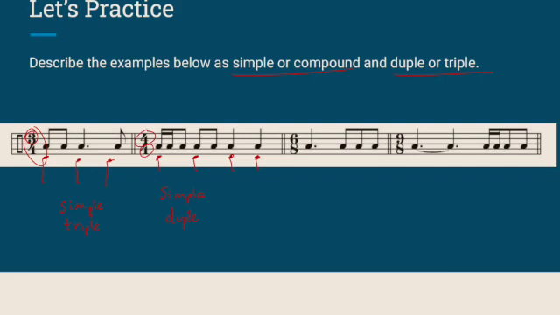The same thing goes for 6/8. Is this simple or compound? Well, let's see. We have dotted notes. Generally, when there's dotted notes, you know that it's compound. Anything with an 8 on the bottom of the time signature is compound. So you have a compound, and over here,